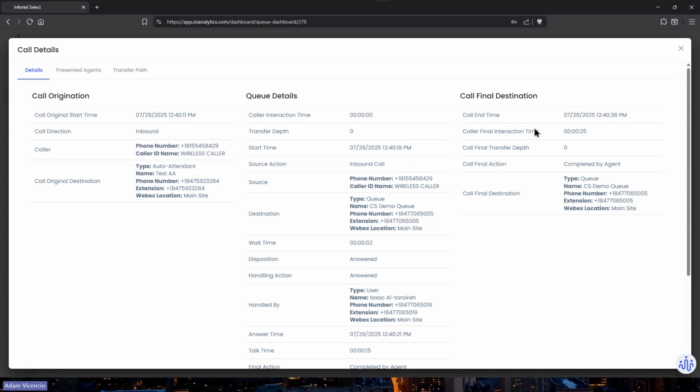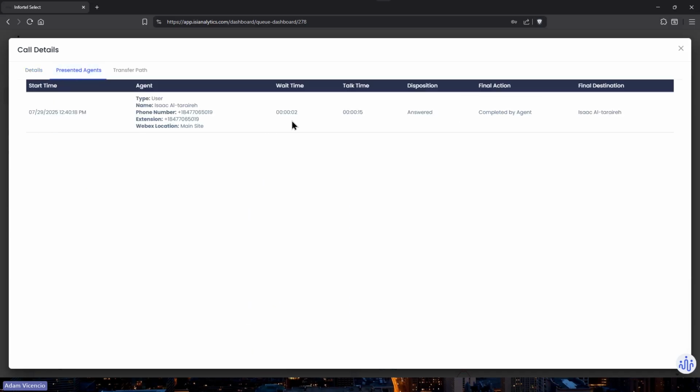The other icons that you're going to get, which are fun, is the presented agents. So if this queue happens to be presented to more than just Isaac, you would actually see that information. You would see that it was presented to maybe 5 of your other agents, and that they did not pick up the call, but then you would see on this particular line that Isaac did pick up the call, right? Presented agents is another feature of just being like, all right, within these calls, who are being presented these calls?